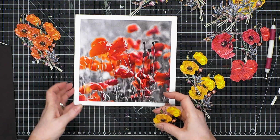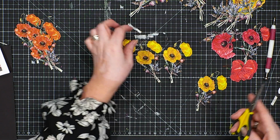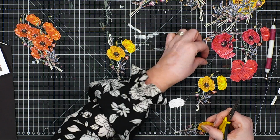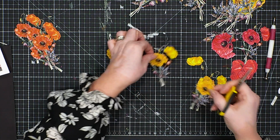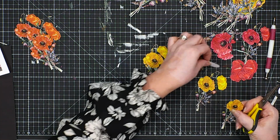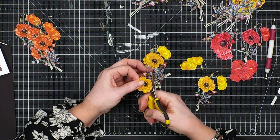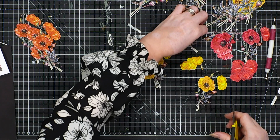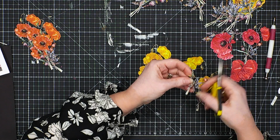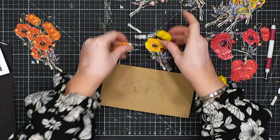Okay, so as I did before, I'm starting with my 3 layers, 1, 2, 3. My first one is a whole one. I'm just going to take those 2 pieces off, but I'm keeping those because I might need them. So that's layer number 2. Layer number 3, we have to take off what we've taken off before to keep it working correctly. And then I'm going to cut into this big and just take off that one poppy. But I am going to cut into this and tidy this up so I'm able to use this as an extra little tuck-in, okay? So that's giving me options. So now, very quickly,